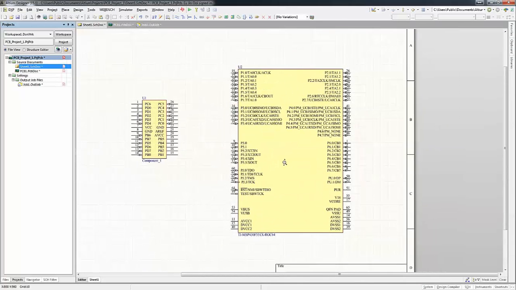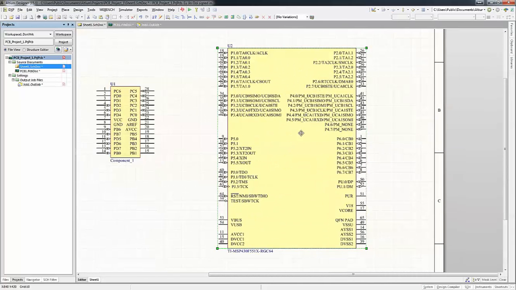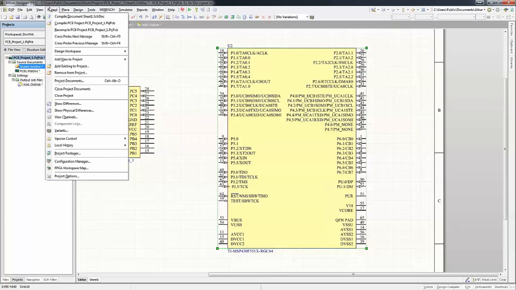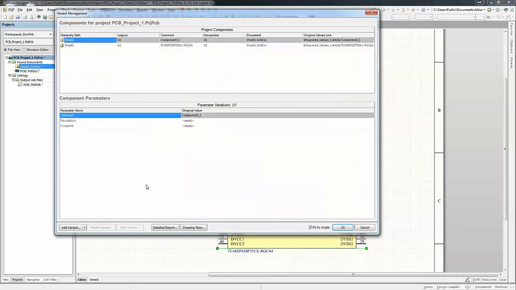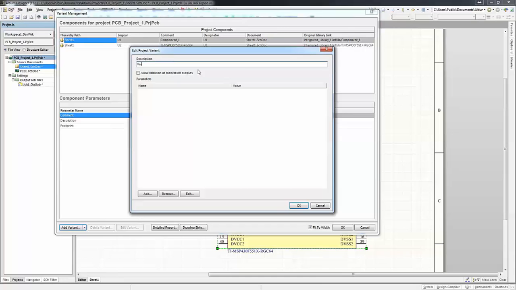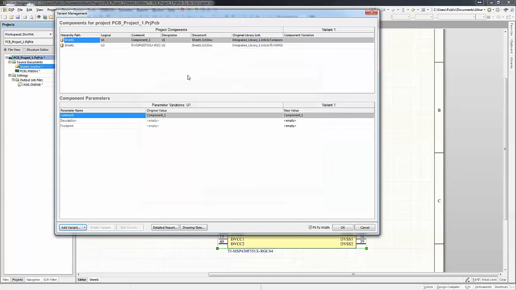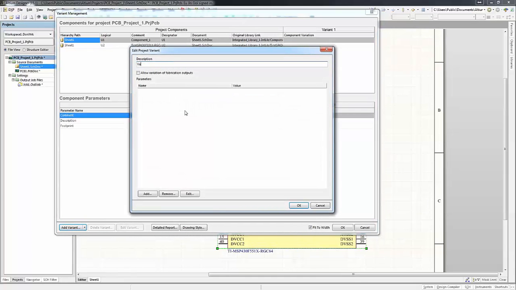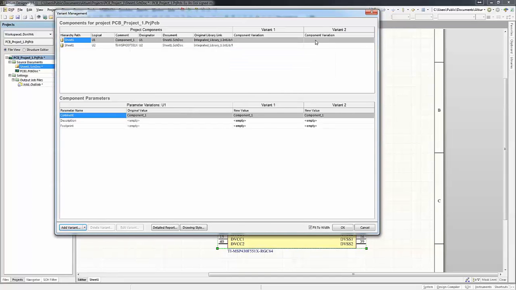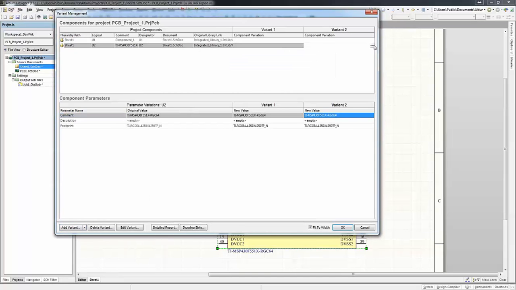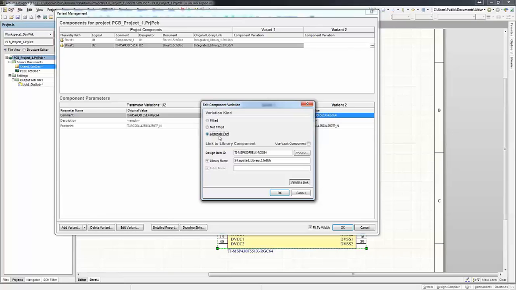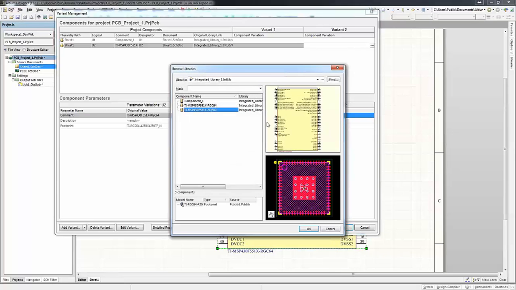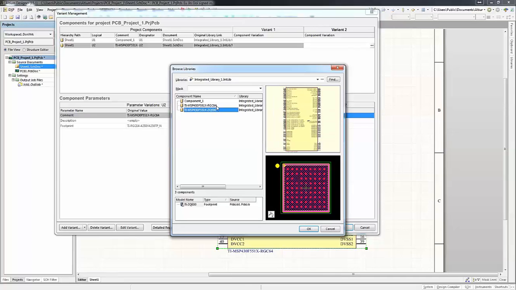Many of our Altium customers currently use variants. So variants are basically different variations of the board. Say for example, if you want a board to have a component fitted, whereas another board to have another component not fitted, but both are essentially the same design, we can manage it just by using one project file with two different variants. So in here, we're going to create a variant, and in Altium Designer, the variant management is